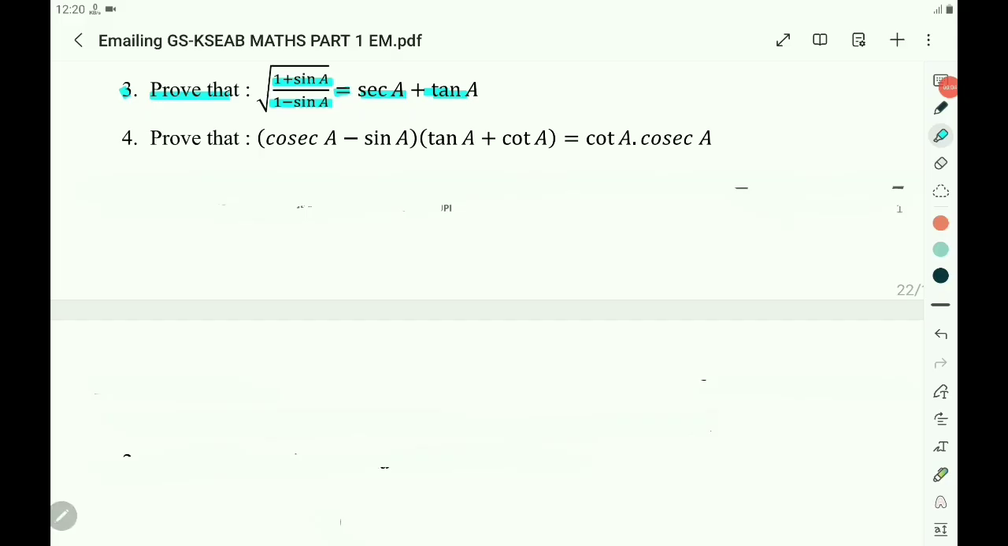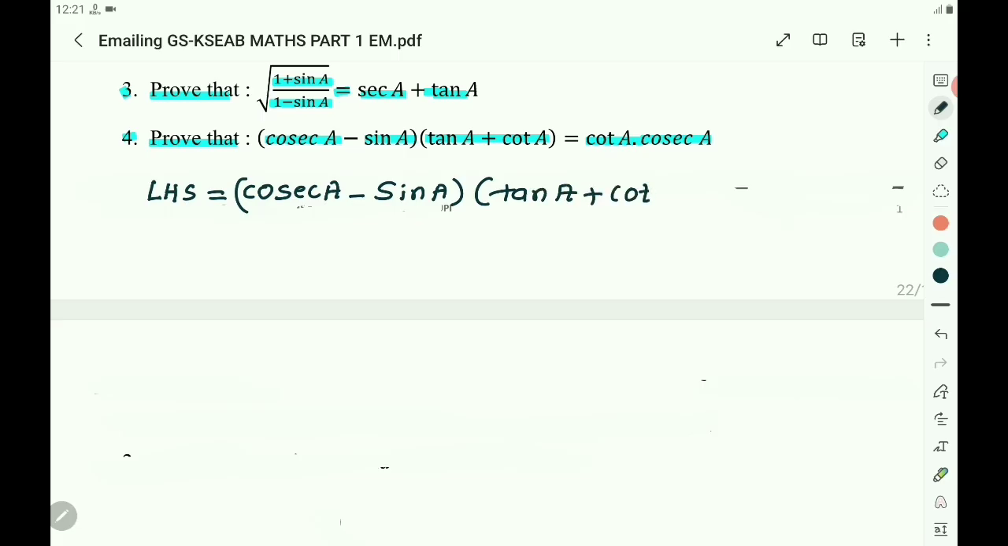Next question. Here you have taken question number 4. Prove that cosec A minus sin A into tan A plus cot A equals cot A cosec A. Here also you write LHS. LHS equals cosec A minus sin A into tan A plus cot A